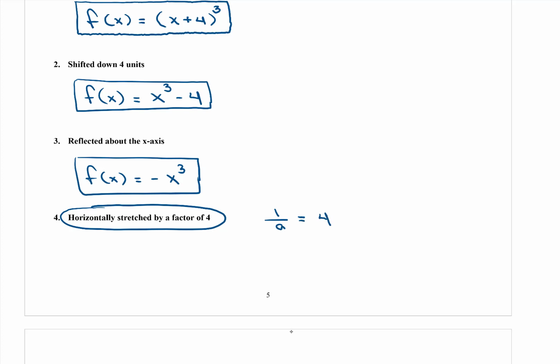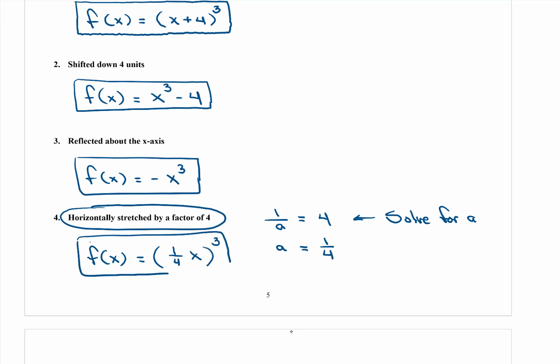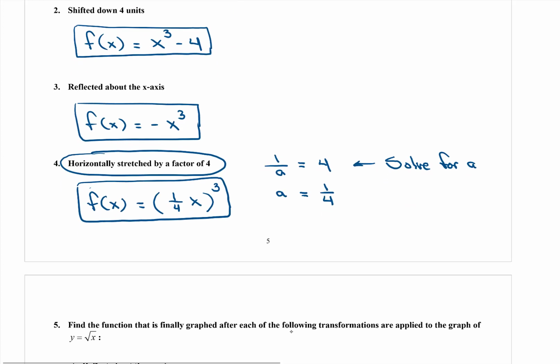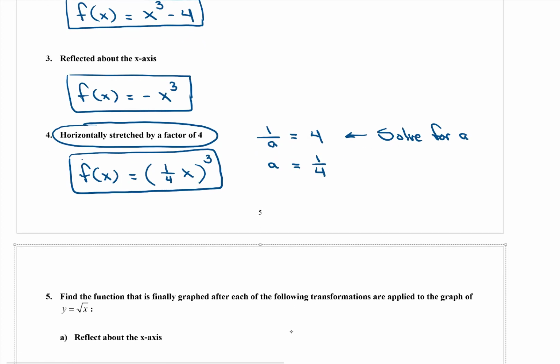This is probably the one that's going to be a little bit tricky, because remember when we do horizontal stretches or horizontal compressions, we have to remember that 1 over a part. So 1 over a is equal to 4. So if I solved for a here, this is going to give me a is equal to 1/4, right? So everyone should know how to solve that rational equation right there. If you solve for a, everyone should already know how to do that. We talked about doing that at the beginning of the semester, so review that in your notes in case you don't remember. So this is going to be f of x is equal to 1/4 x, and that's all going